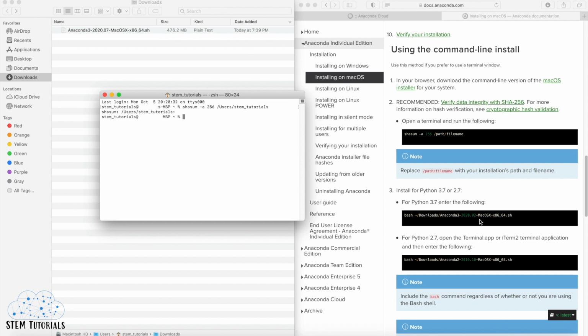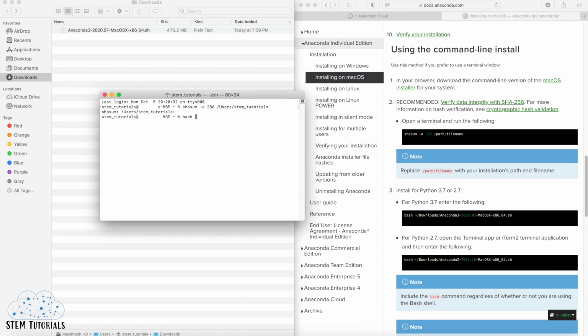And then we'll enter the name of the Anaconda file that you've downloaded. So please note that the 2020-02 that's highlighted in green here could be different for your file name that you've downloaded. So this is the case for us. We've downloaded this file in July 2020, so the name is a little different, and again, it may be different for you. So we'll enter